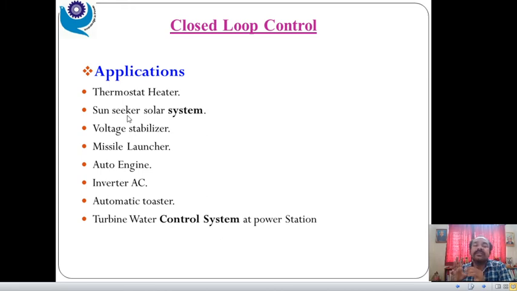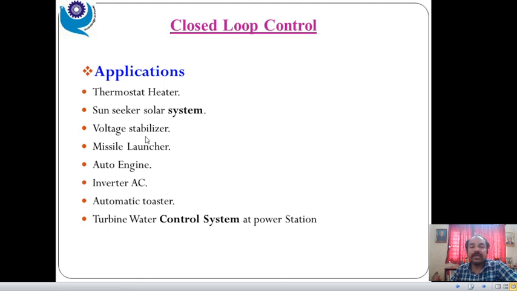It tracks the sun, and continuously it gets the light energy from the sun on the solar panel, so as to charge the battery and all these things. So with the help of that, light acts as an input, the sensor senses that light and gives a signal to the controller. The controller will give a signal to the actuator, and the actuator accordingly sets the angle as per the requirement.